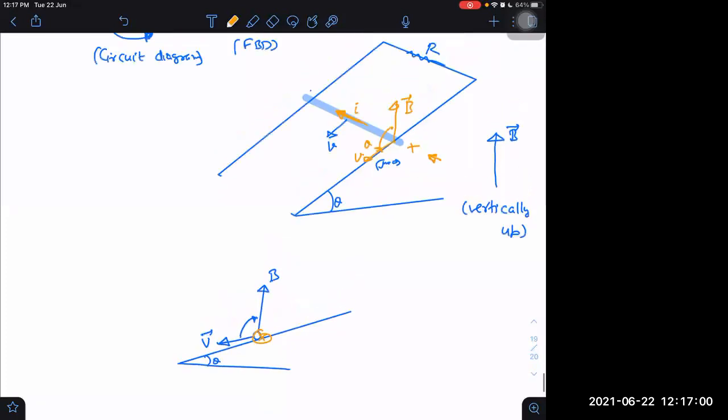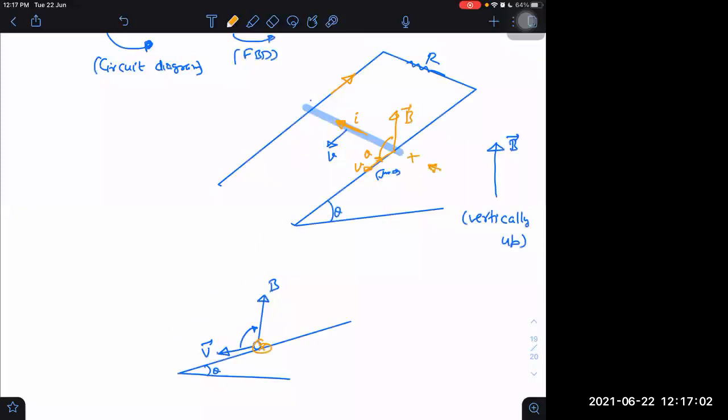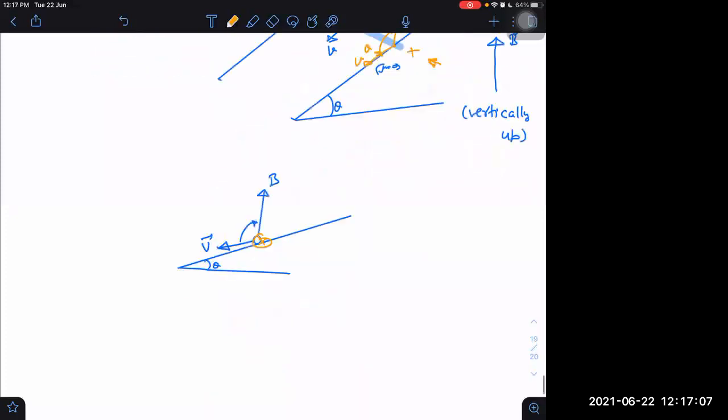If current is this side here, then where will it be after that? Upside, then this side, and then this side. Closed loop. What is the direction of magnetic force? Magnetic force direction is I L cross B. What does it tell us? Perpendicular to the plane of L and B.